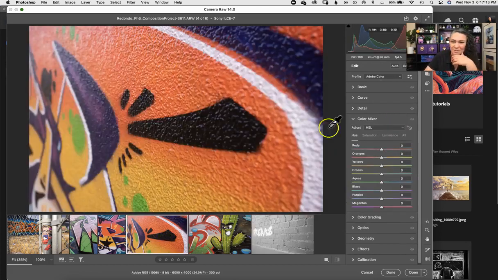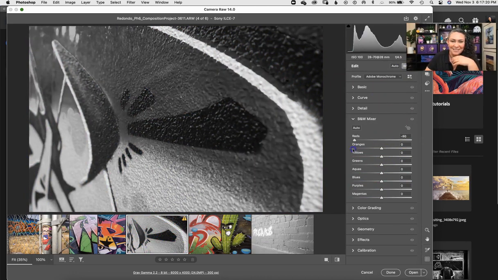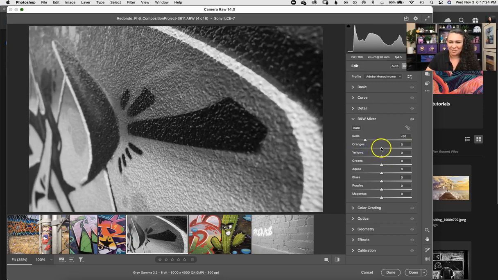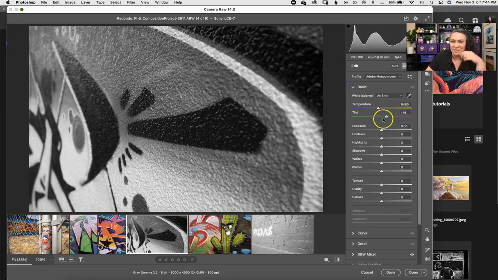Well, let's do this one instead. Black and white. Then I can come here and let's take the reds. Okay, you can see how dramatic that becomes, right? So you can really start crafting these crazy black and white images in here. Let's see what I like. That's looking good. Make those darker. All right. Make that darker. All right. And let's see,